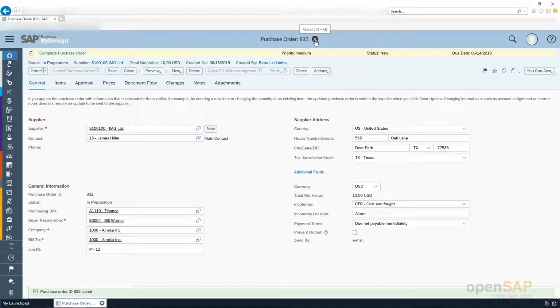Now I will show you another scenario. Let us say the user creating the purchase order should not see the price of the laptop or the monitor in the purchase order. The hiring manager is not supposed to see the prices, they are just supposed to order. So how to make this UI flexible based on the business role? Yeah, so here we go.